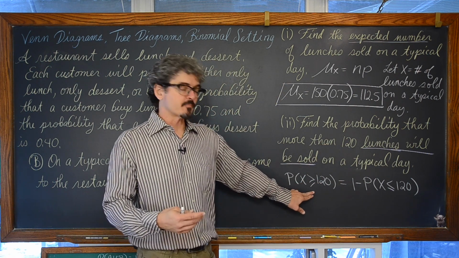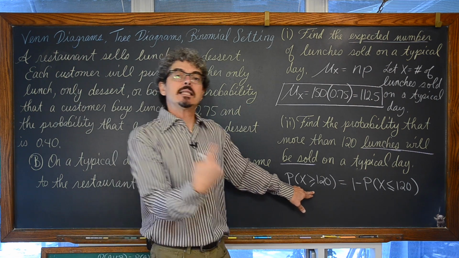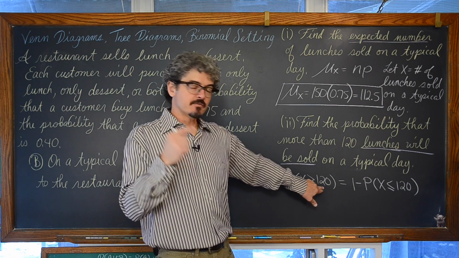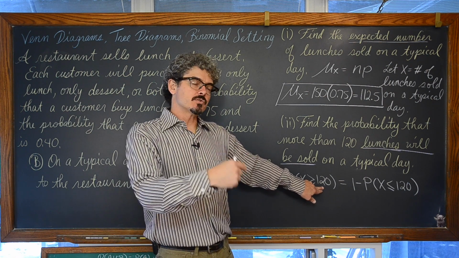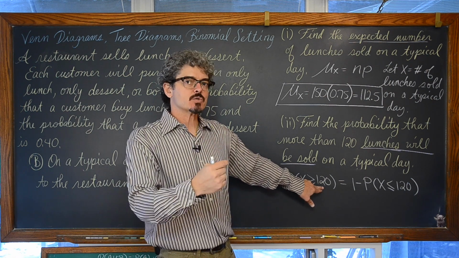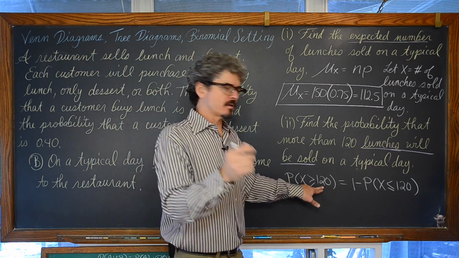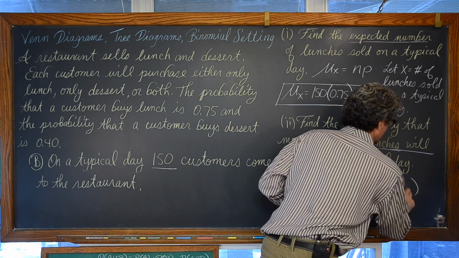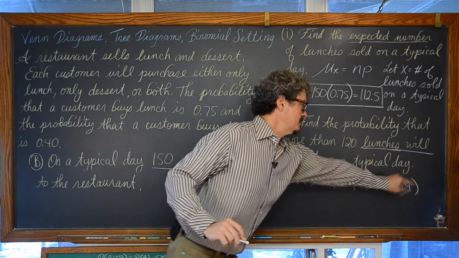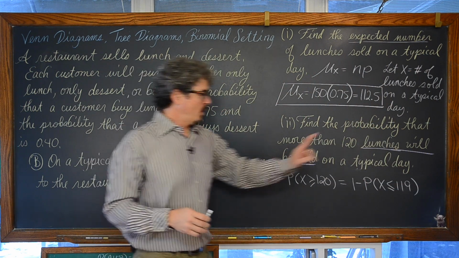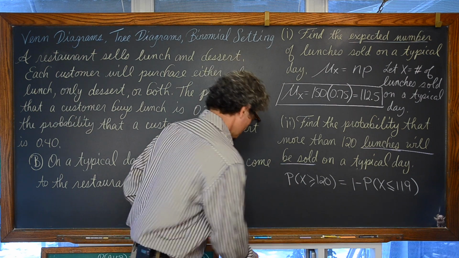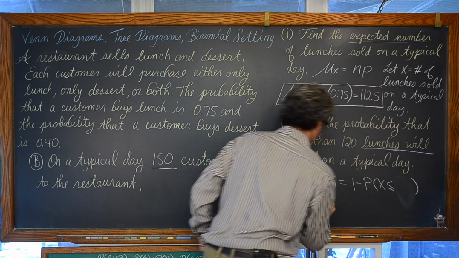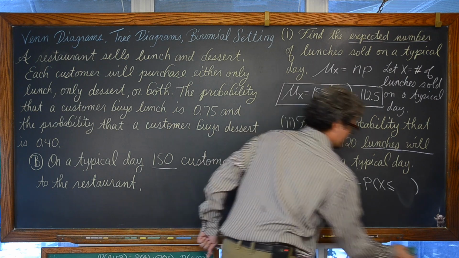This would be something like find the probability that you sold at least 120 lunches. And since the probability of selling 120 lunches has an actual probability, not some theoretical 0 like you have to assume with continuous random variables, you would need to adjust this notation to be 119. Okay, so be careful with this if you haven't had that pointed out to you from your teacher or from understanding from the reading of your book.